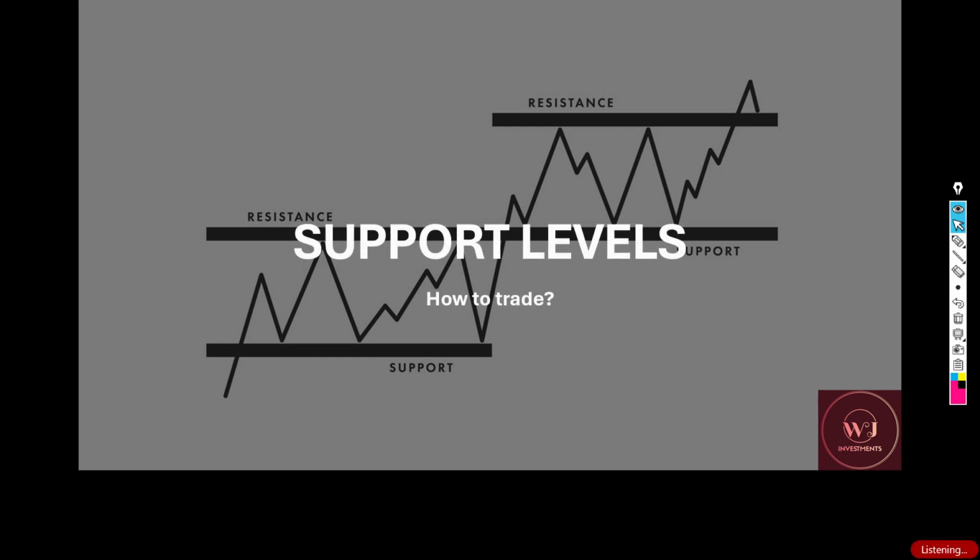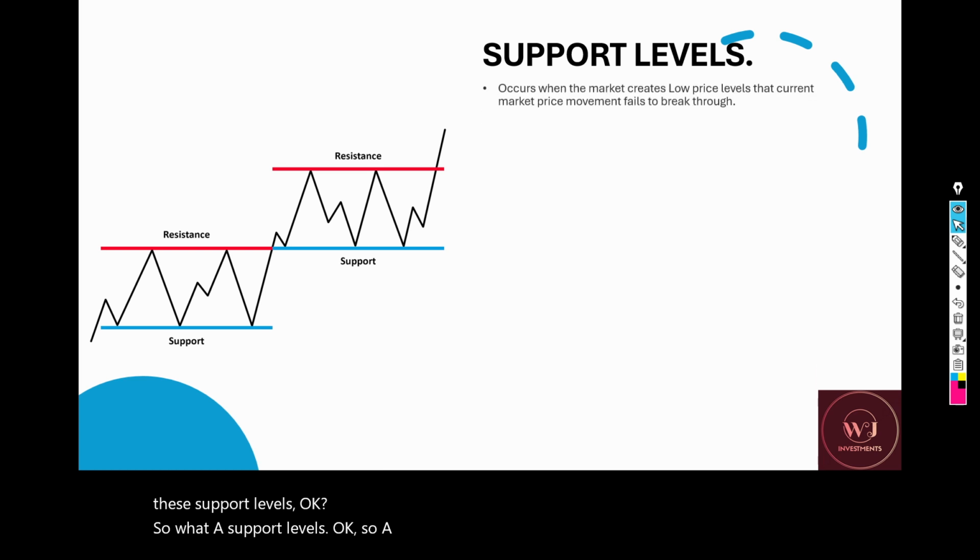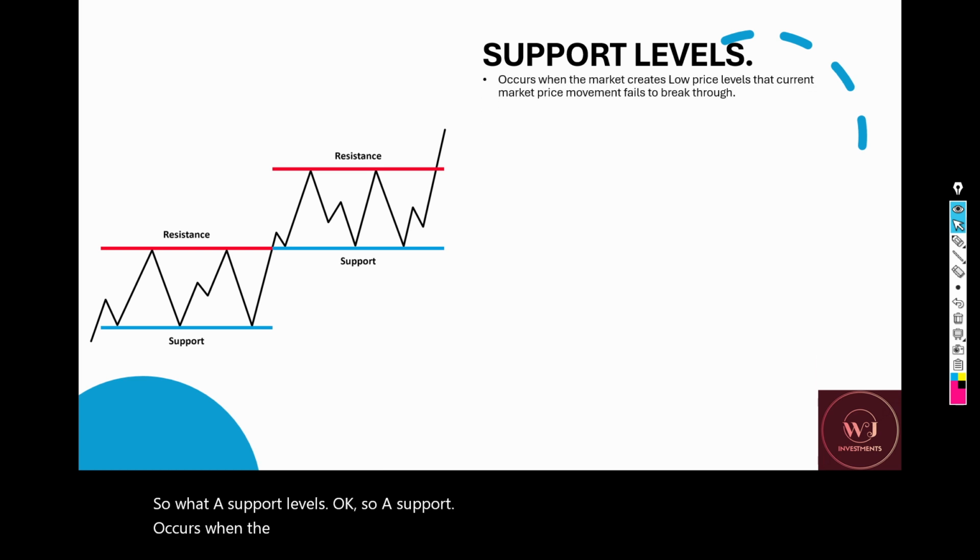So hi everyone, in this video we are going to be looking at support levels and how to trade these support levels. So what are support levels? A support occurs when the market creates a low price level that the current market price movement fails